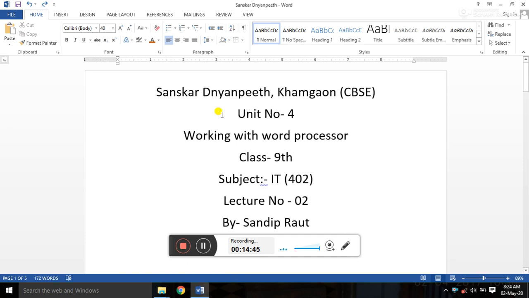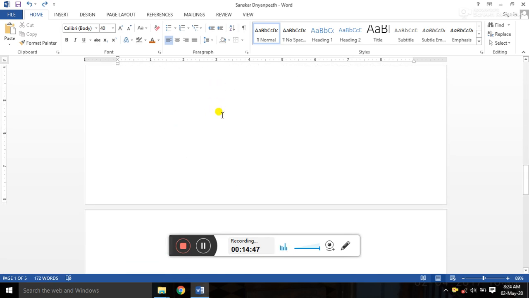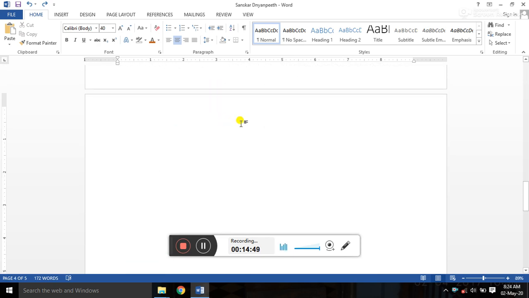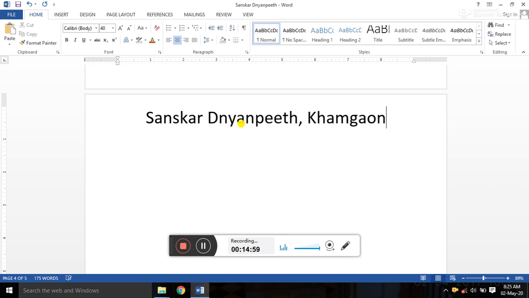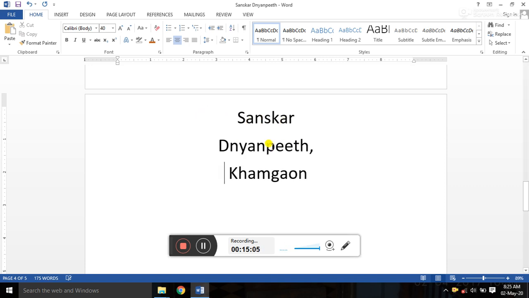Now let me type one text here. Suppose I type here Sanskar Nanpit, comma, space, Khamgaon, right? Now while typing that Sanskar Nanpit, I want to take that text onto 3 different lines.